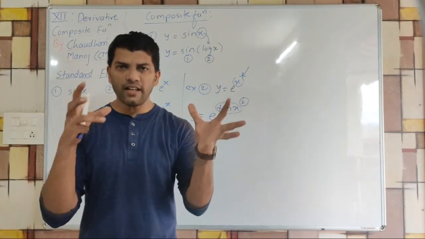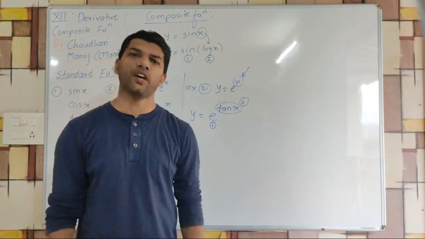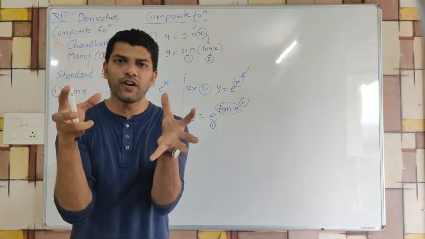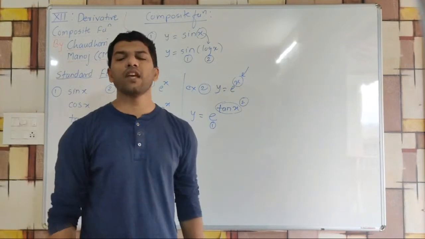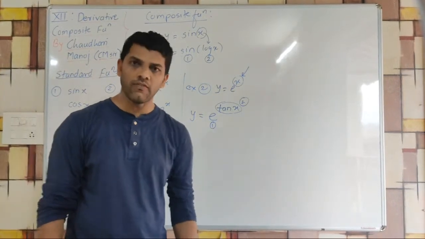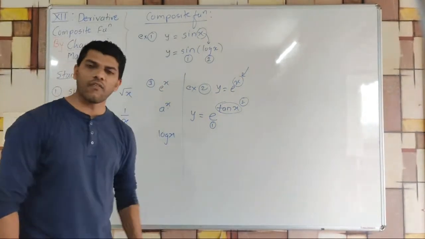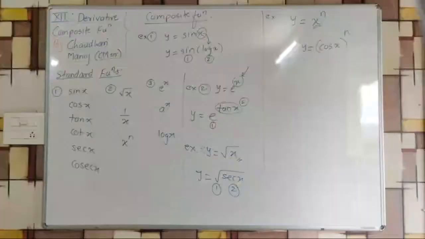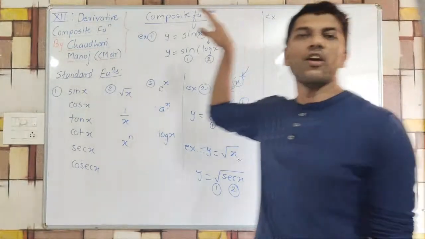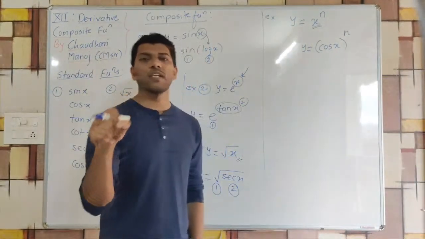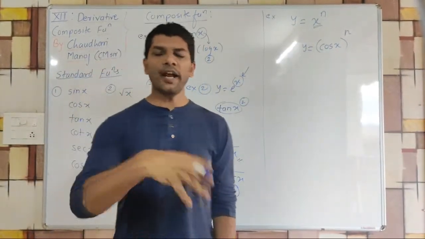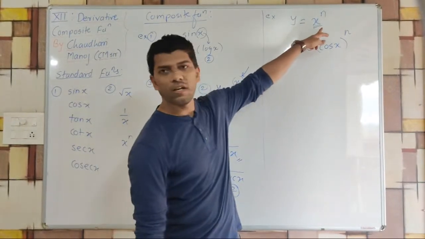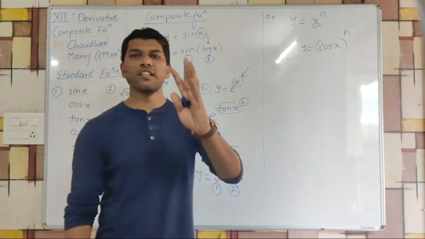So try to understand the sense of how a composite function forms. Once we understand the sense behind the composite function, then and only then can we differentiate the given function. So always remember, understanding the formation of the composite function is very important. Here most of the students make mistakes. I can say almost 90% of students make a mistake in this particular example, where this is a case of